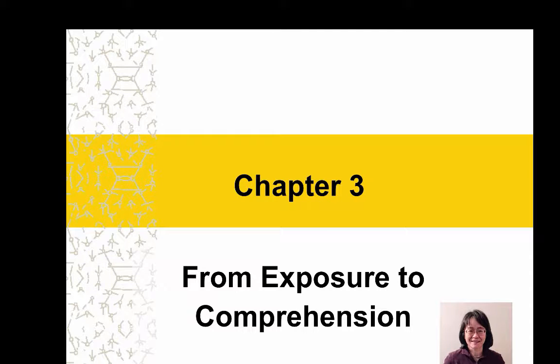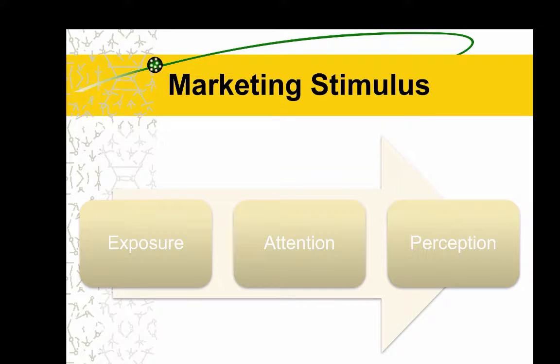Chapter 3 considers the topics of exposure, attention, and perception. It notes that in order for a marketing stimulus to have an impact, consumers must be exposed to it, allocate some attention to it, and perceive it. Perception and attention are mutually reinforcing processes. A basic level of attention is needed to perceive a stimulus. Once perceived, further attention-based resources can be used to process stimuli at higher levels of processing.